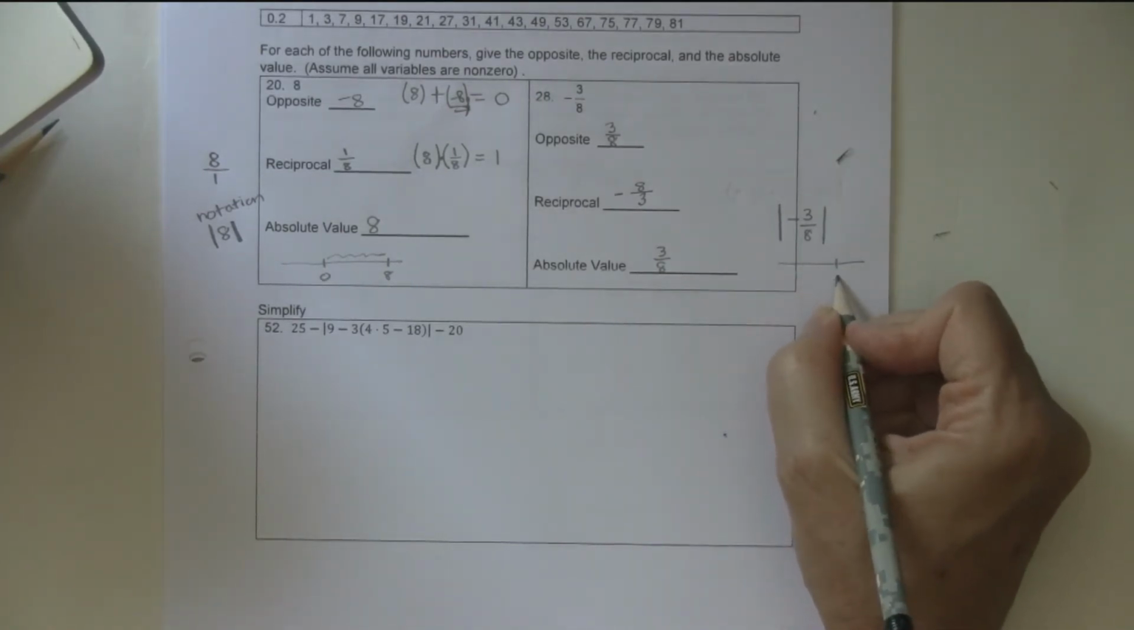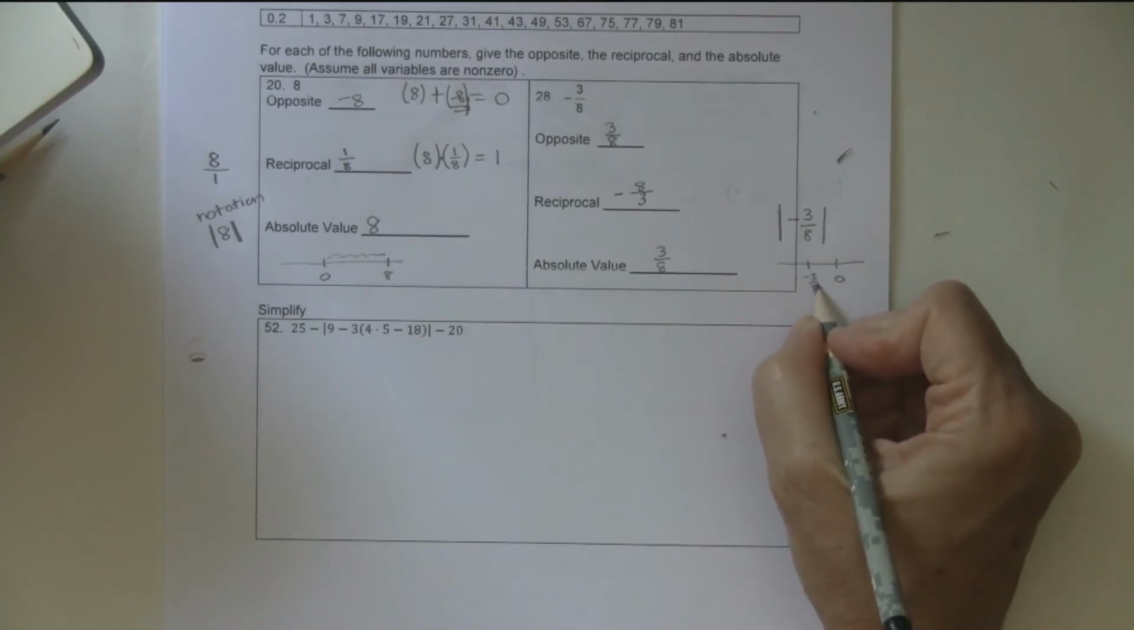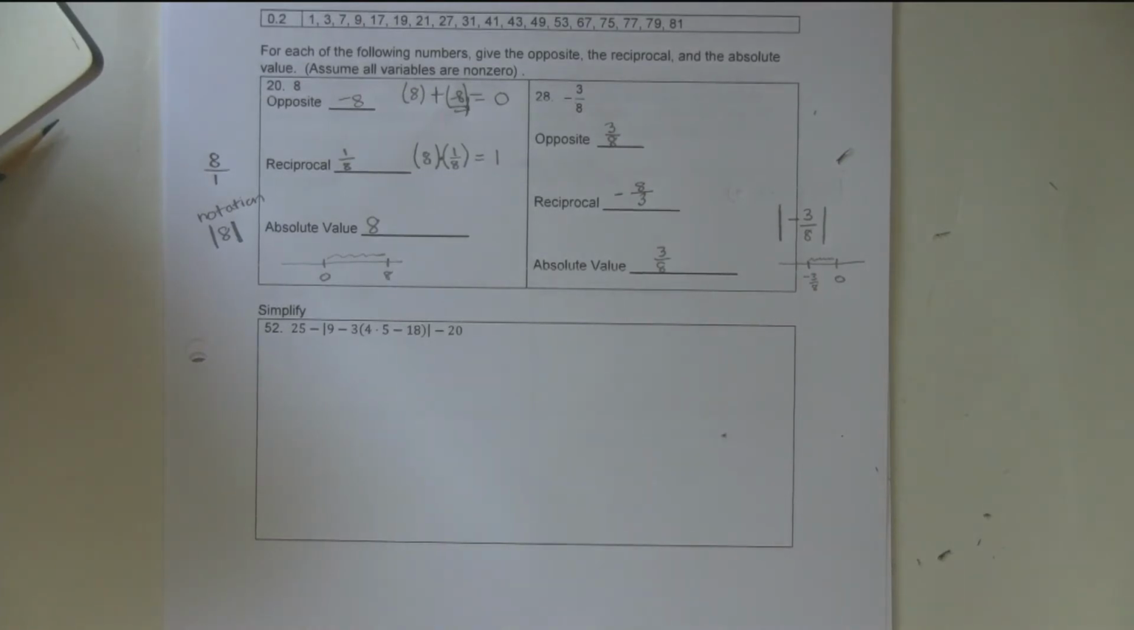So here I am on the number line. Here's 0, and here's -3/8. And they're asking you, how far is this? And distance ought to be positive. And so that distance is, well, 3/8. And so anyway,